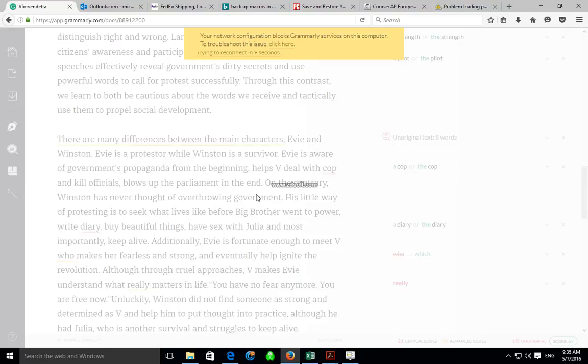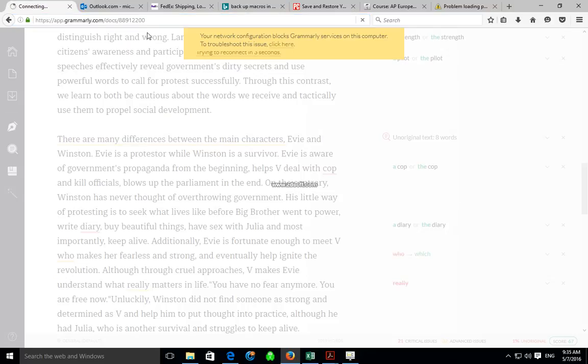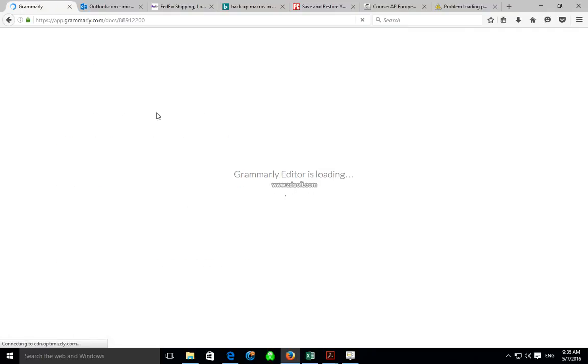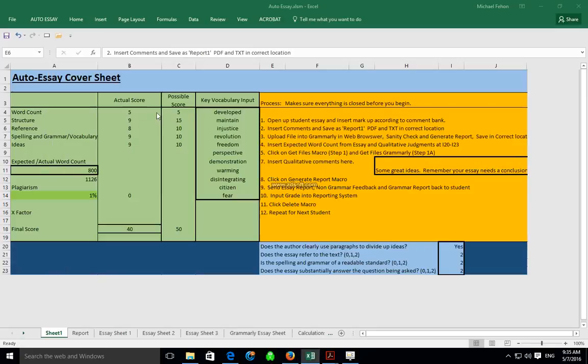And these seem reasonable. Okay, at this stage, what we do, it's lost on me. So while we're waiting for Grammarly to load, the other things that we need to do,